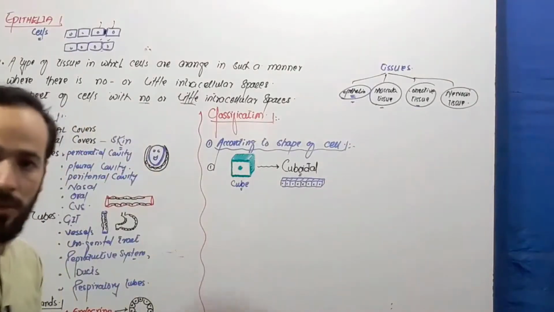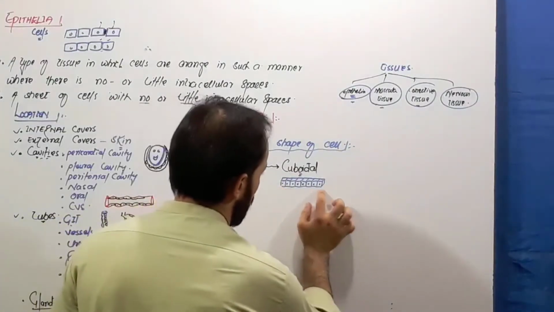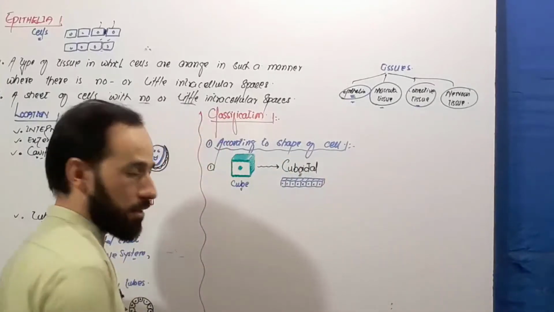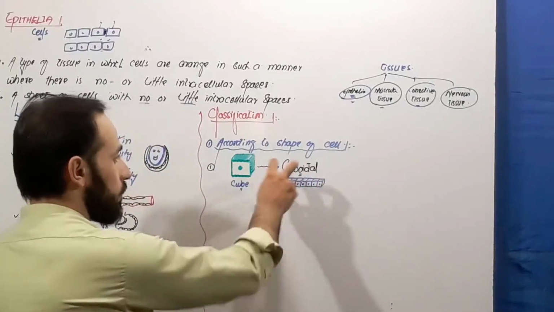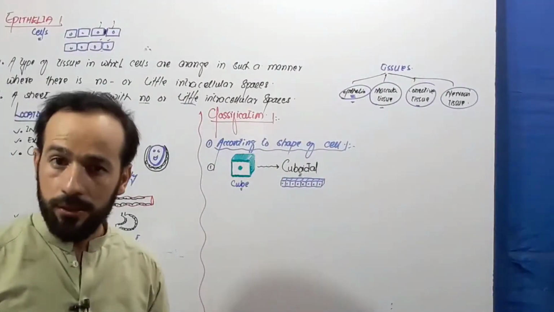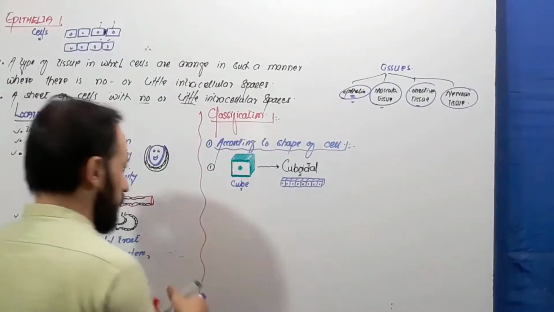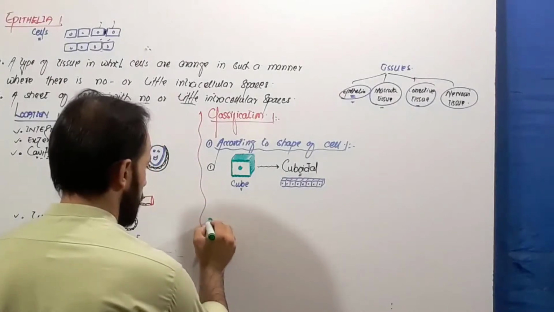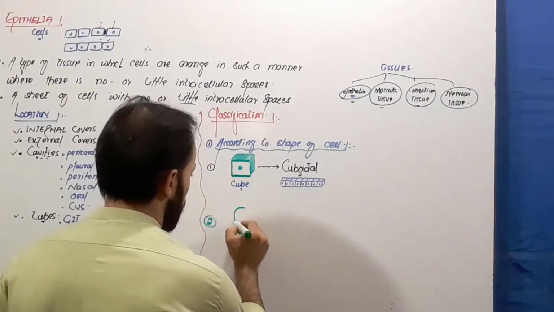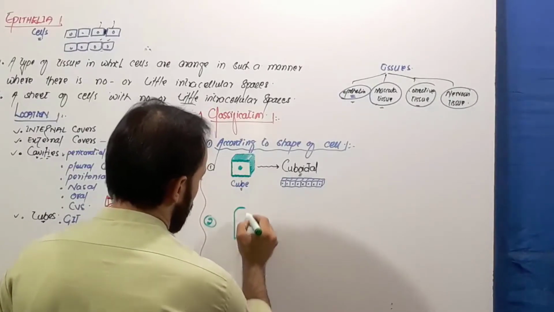Look like this. So you can see that the cells are cube shaped, all the sides are equal, and many cells are arranged together. So we call this type of tissue the cuboidal epithelial tissue, right? Then there is another class, right? The second class, if we see the arrangement of the cell, we will see that the cells are